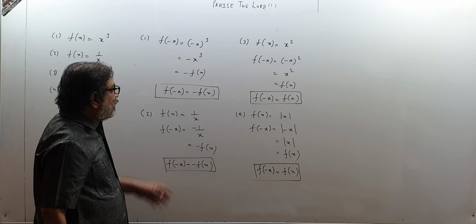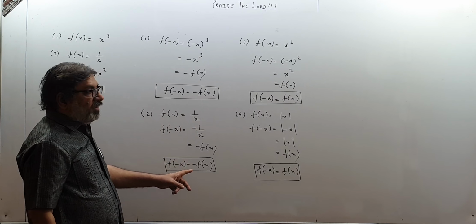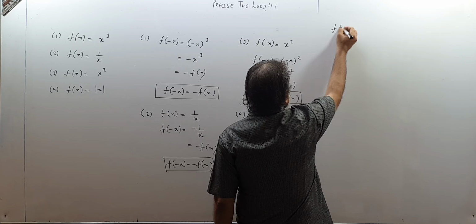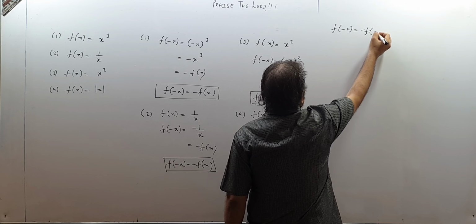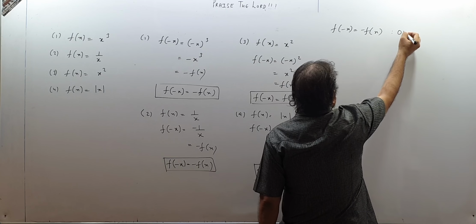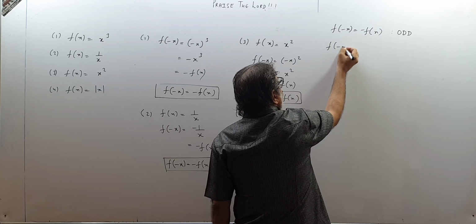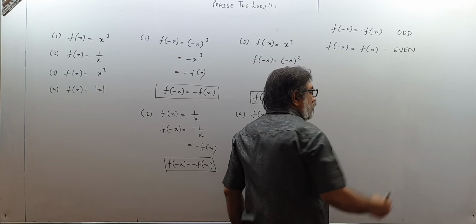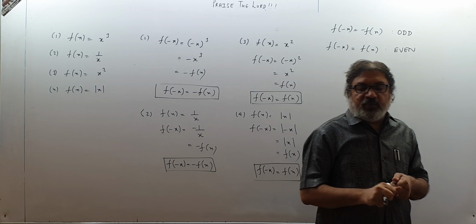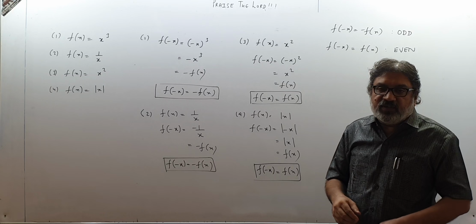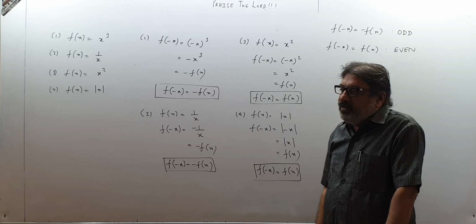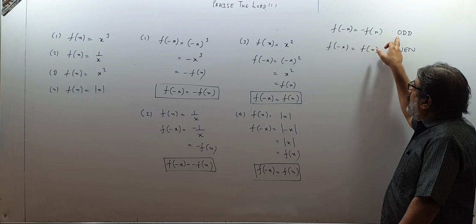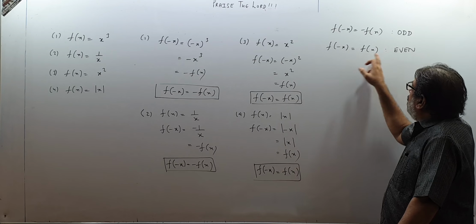So children, now you have to understand in these two cases f of minus x is minus f(x), whereas in these two cases f of minus x is f(x). If there is a function where f of minus x becomes minus f(x), then it's called an odd function. And if f of minus x is found to be f(x), then function with such a property is called even function. Every function need not be classified as even and odd. There may be some functions which may be neither even nor odd. So if a function is satisfying this property, f of minus x is minus f(x), then it's an odd function. And if f of minus x is f(x), then it is an even function.